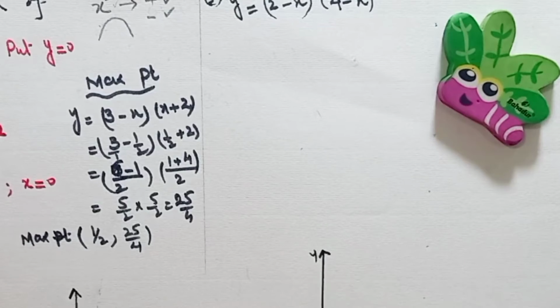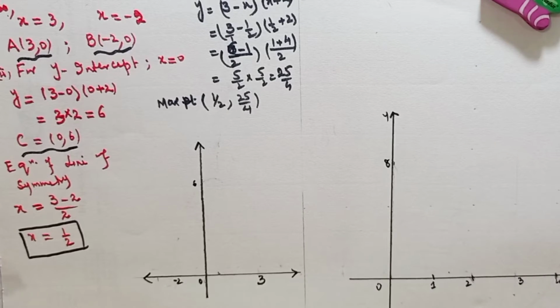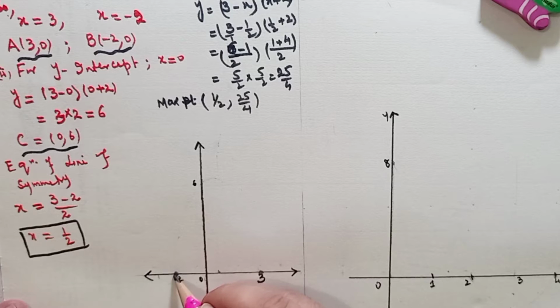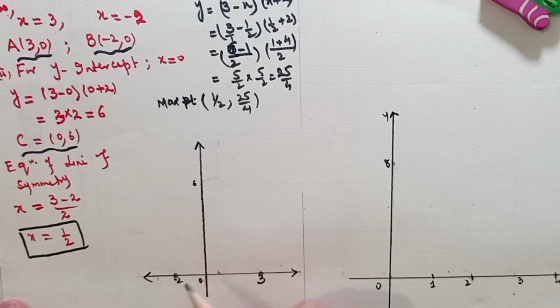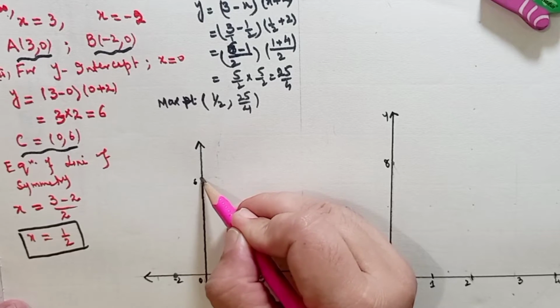Now it's the time to go for the sketching. Okay, so start marking the points. Start with x-intercepts. One of the x-intercepts is 3 with 0, so the point will be coming at this place. The second is minus 2 with 0, and my y-intercept is 6, 0 with 6, so the point will be